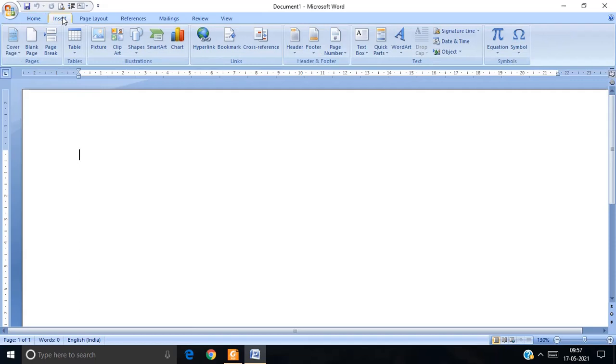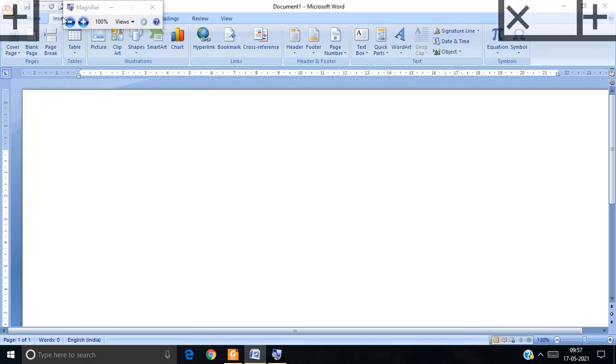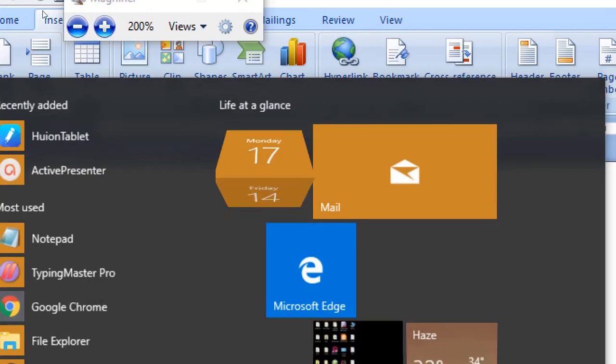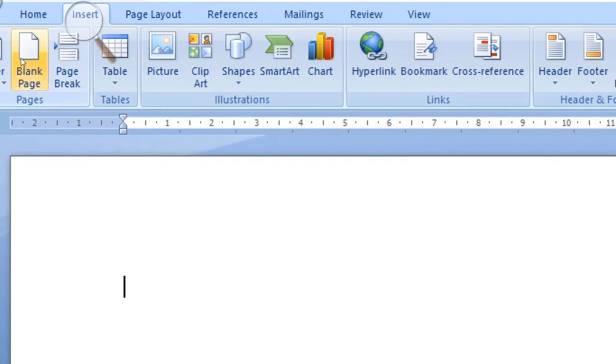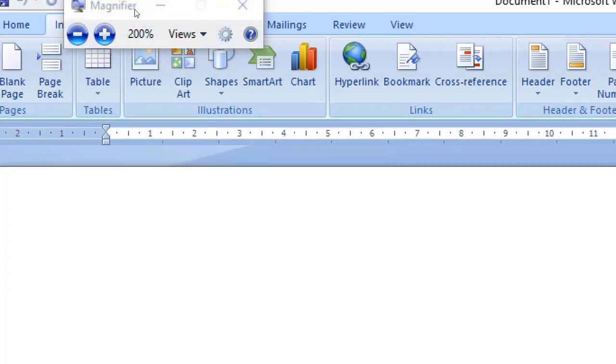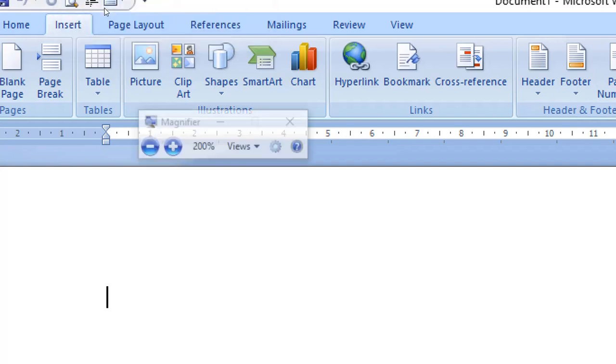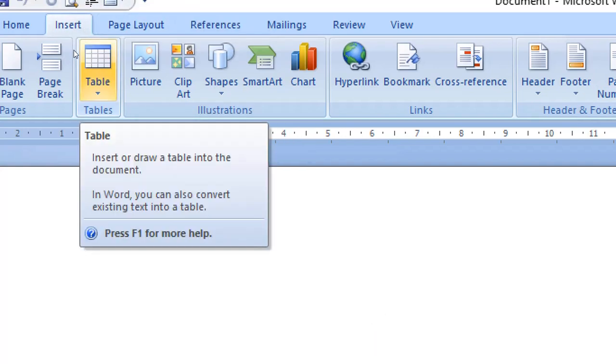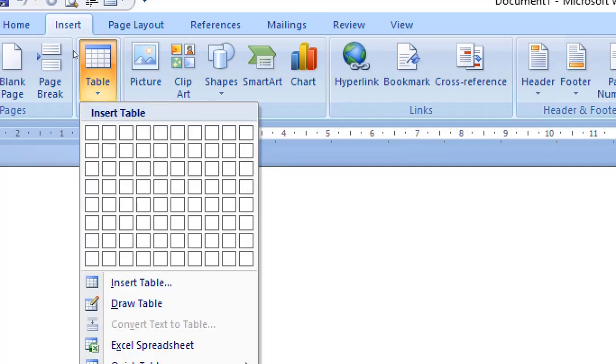So observe, with the help of the Insert menu I am going to insert the table. As I already said, if you want to insert a table, you have to choose the Insert menu, and in the Insert menu, Table is one of the options.